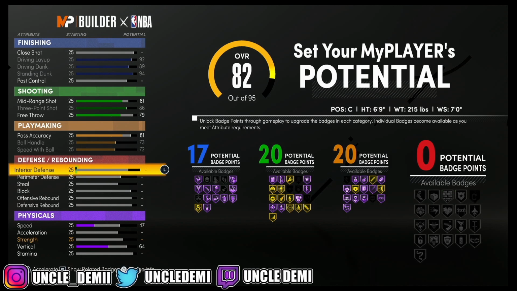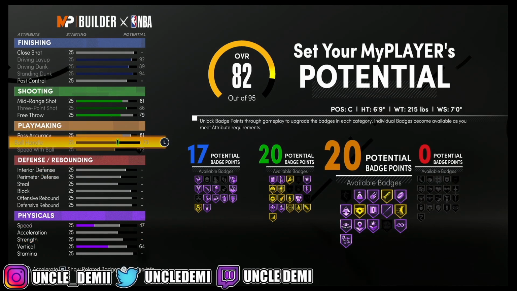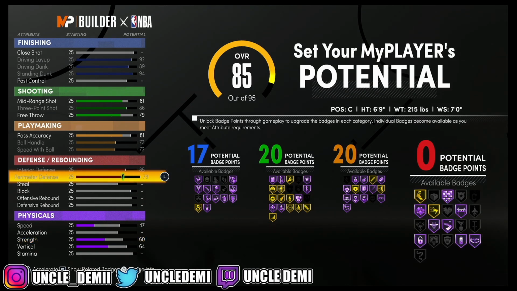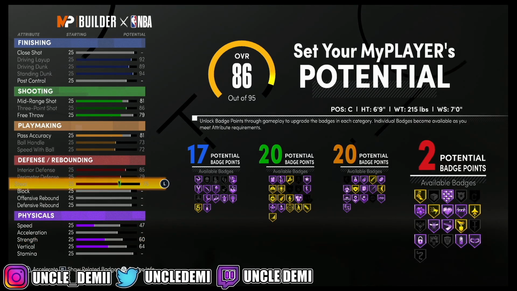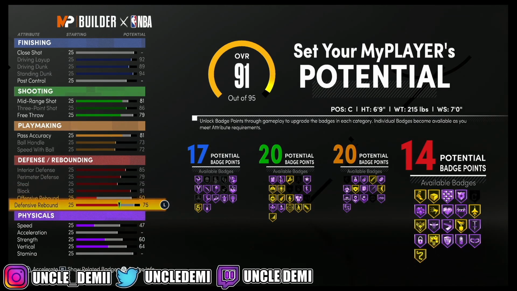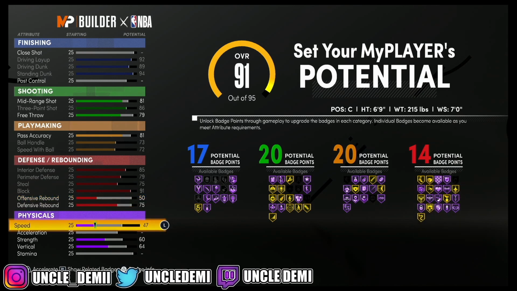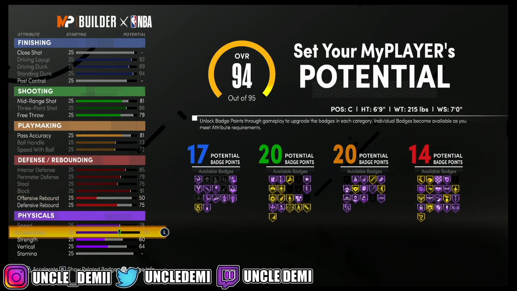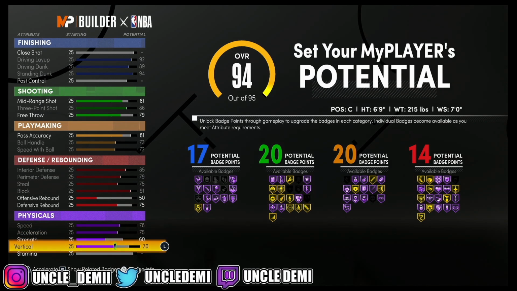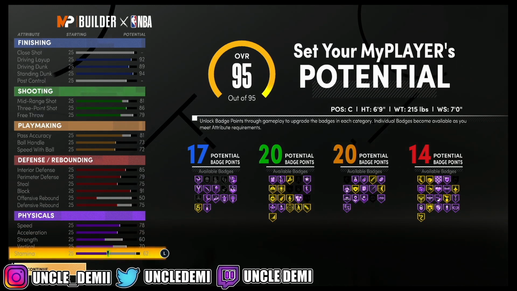Okay. 81 pass accuracy, ball handling 73, max out the speed with ball at 72. We're gonna go 85 on interior defense, max out the perimeter. We're gonna max out the steal. We're gonna go 81 on the block. We're gonna go 75 on the defensive rebound. Then we're gonna max out the speed, the acceleration. We're gonna get that strength at 60. The vert has to go to 70. All right, and then stamina will be 62. Okay, so